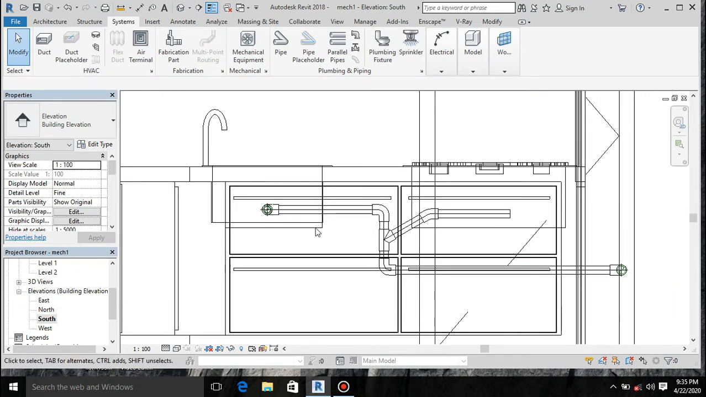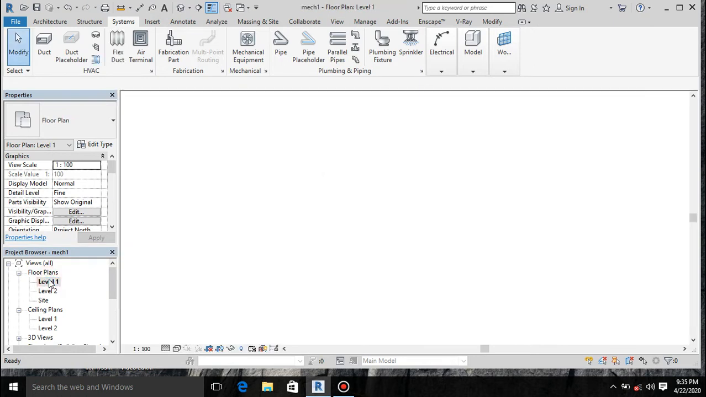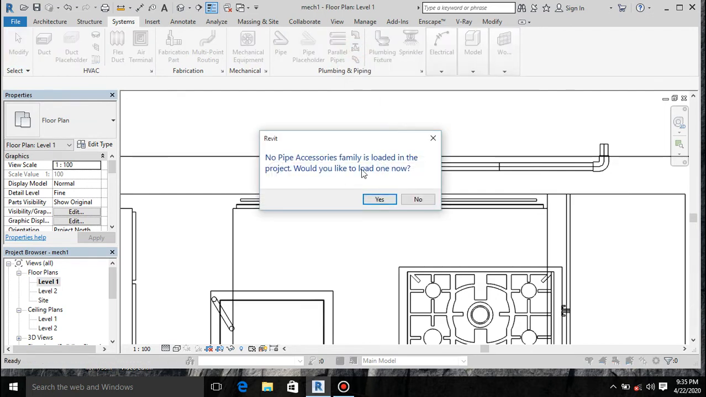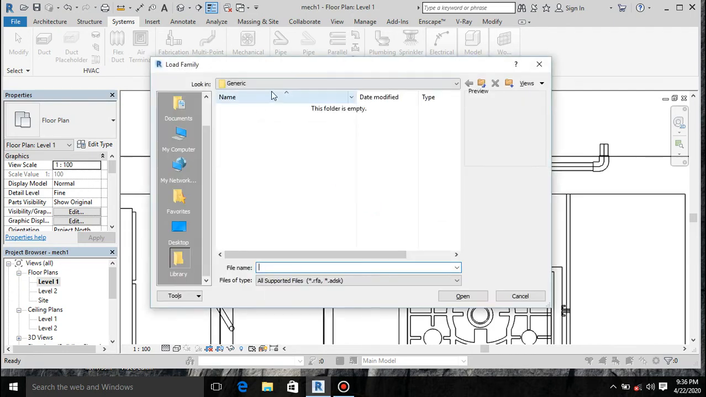Let's see, we would like to put a stop, or is it valve? Yeah, valve, that's the right word. We'd like to put a valve there. Maybe let's say here. You just click on this place, it will tell you it has not been loaded into the project. So go back to metric,